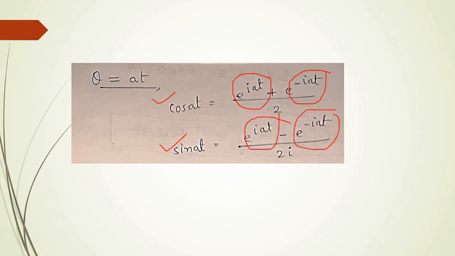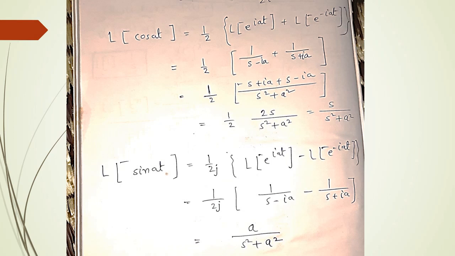Then we will get the result. As I have done here, Laplace transform of cos at is equal to half Laplace transform of e to the power of i theta, because theta is substituted with, because it is nothing but the theta if we assume this for simplicity. Then again Laplace transform of e to the power of minus iat. So as we already know that e to the power of at means its Laplace transform is